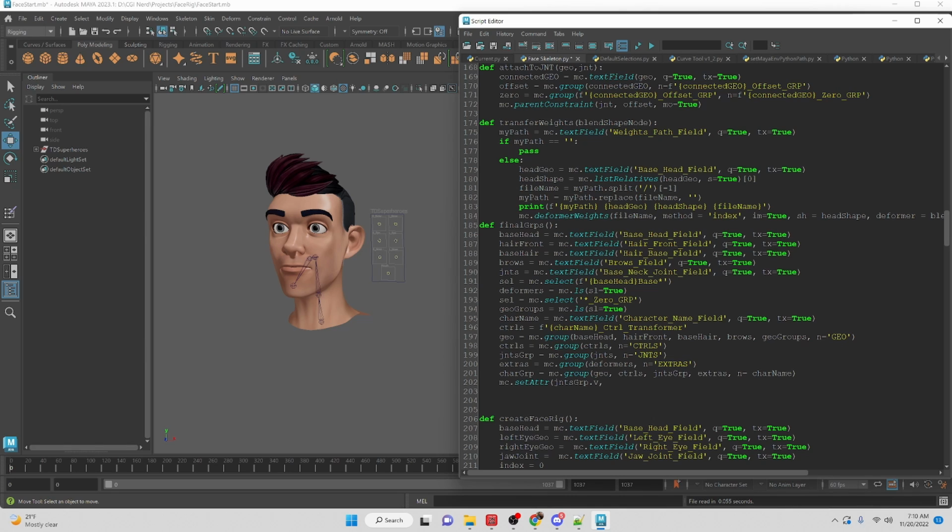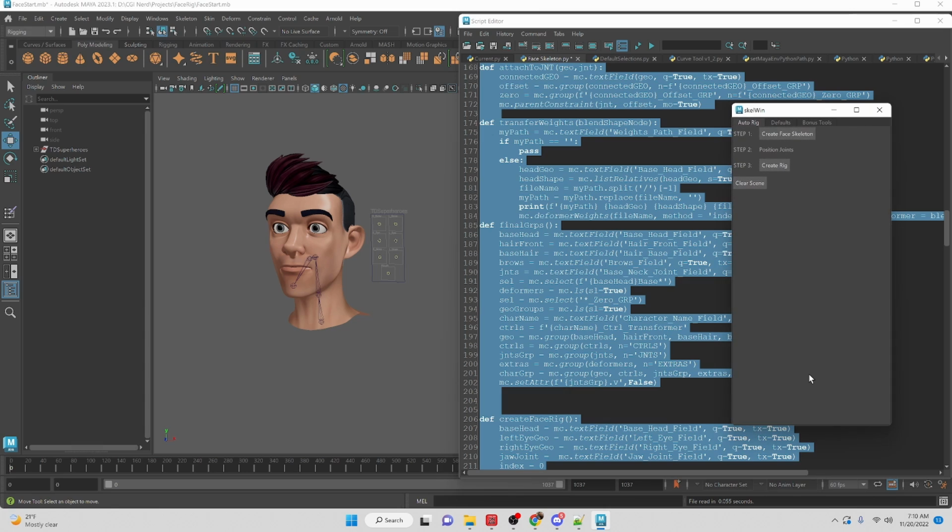I think it's the visibility. Let's make that an f string. F, open curly bracket, then close curly bracket, .v, and we're going to set this to false. Okay, so let's clear the scene and then create face skeleton, create rig,